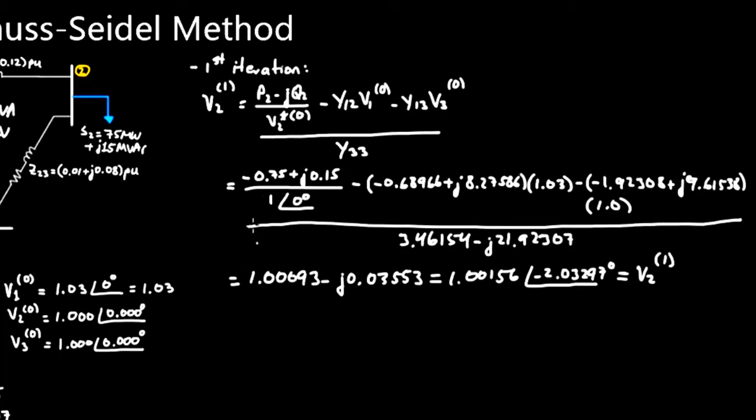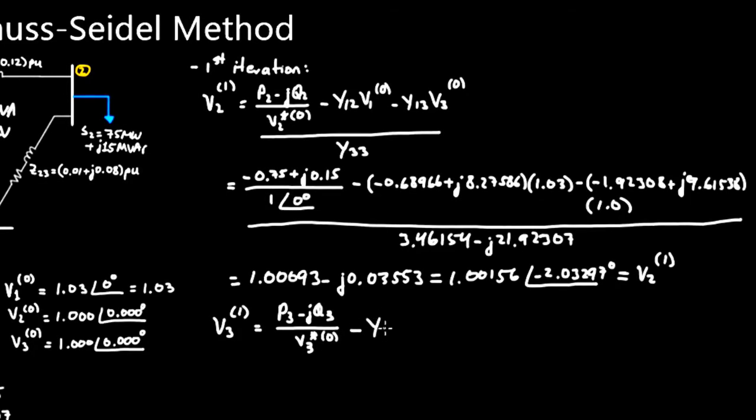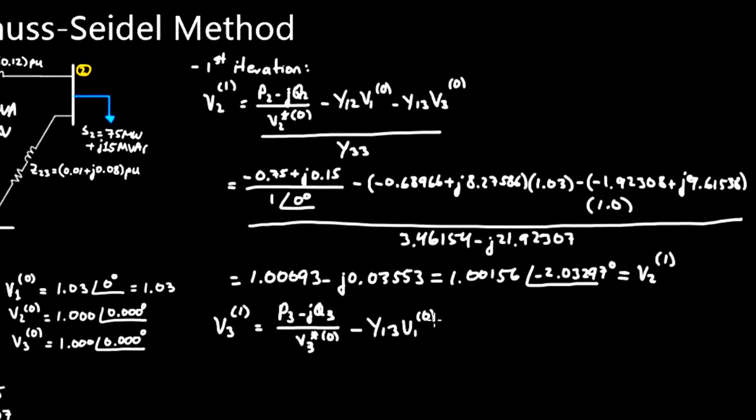Alright, so let's keep going. Let's do now V3 of 1. And I notice that this space here is kind of small, so I'm going to try to write a little bit smaller so that I don't run out of room here on the right. But V3 of 1 is going to be given by the following equation. So P3 minus JQ3 over V3 conjugate of 0. So again, the previous iteration minus Y13 V1 of 0 minus Y23